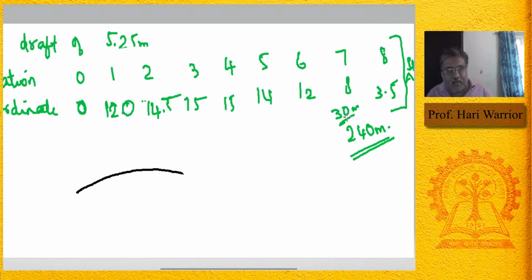Okay. The central line. That center line is basically the longitudinal axis. So when you have a ship, this center line is the longitudinal axis. So the longitudinal axis at the center is called a center line. So you have to remember that.